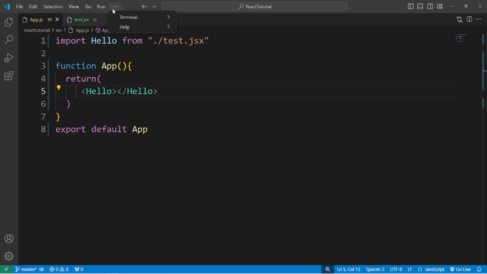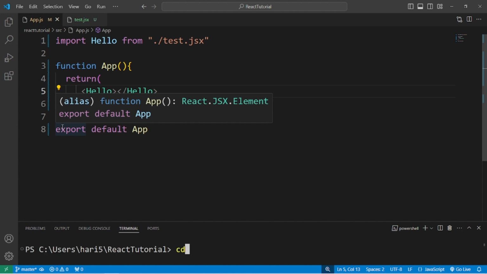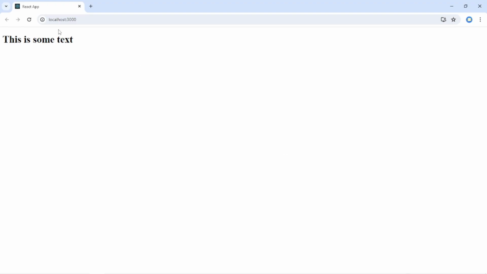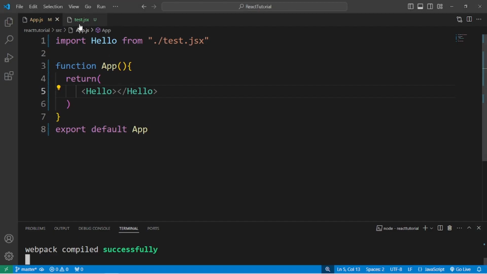Now let's go ahead and create a terminal, I forgot to do that. Let's just wait, cd react tutorial, and there we go, npm start. This is going to start our deployment server, because I already said it to you guys, but I'm just going to say it again. Let's wait until it starts our deployment server. Now that works. It's been a few seconds and our deployment has started, and I didn't make any